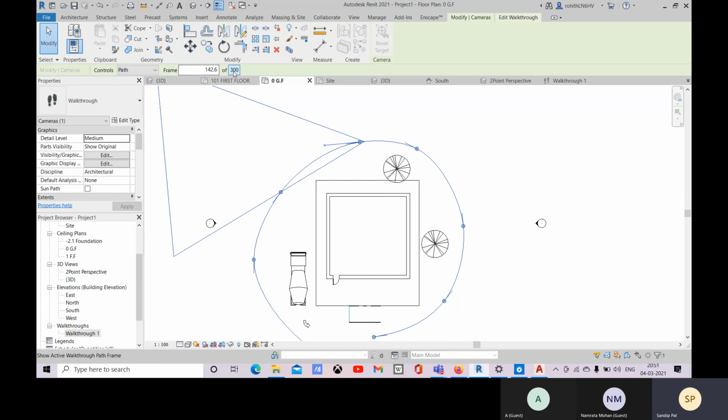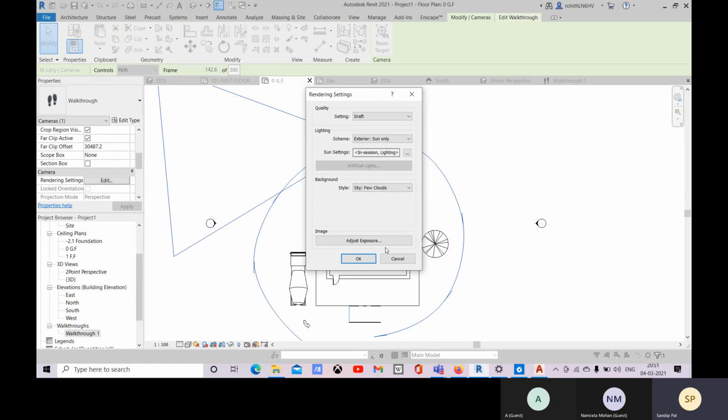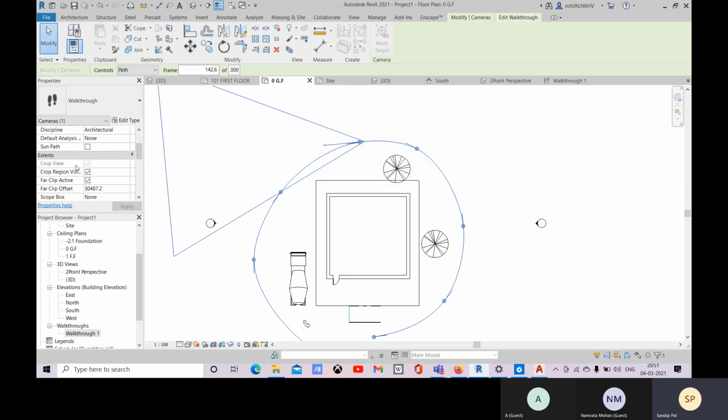Now let's see that we have 300 frames by default. You can change that also. Go to this camera rendering settings, and you can render also. This is the discipline, and the crop region is visible, far clip, active, how much distance to take. Okay, so these things are here.